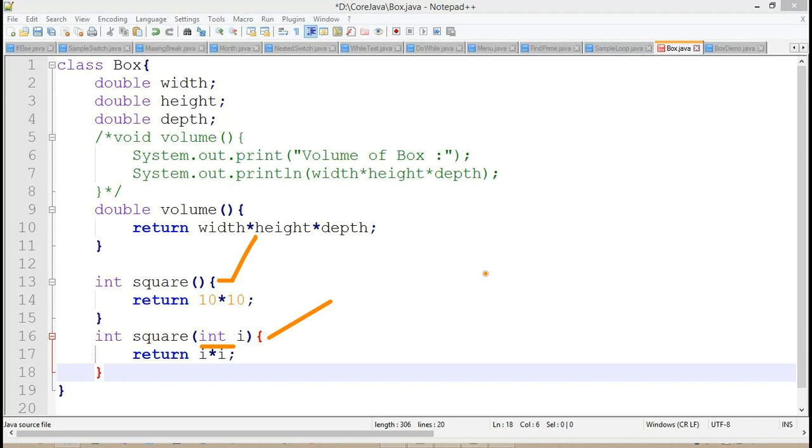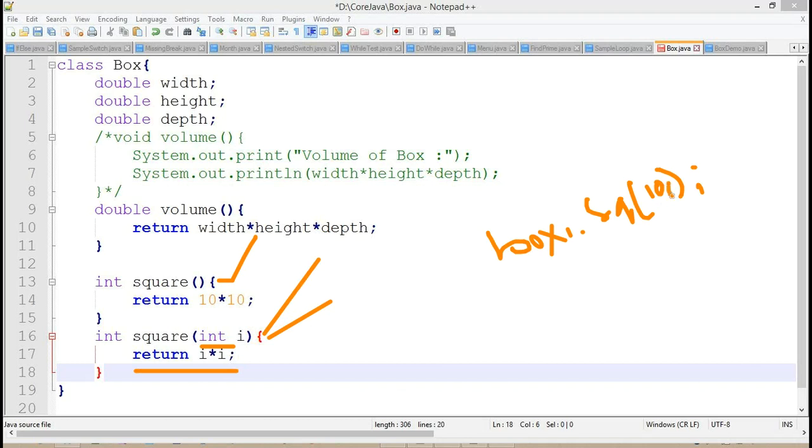For example, I have box1 dot square. Previously we did not pass any values, but now I want to pass 10. What happens internally? The square method is going to execute and return some value.